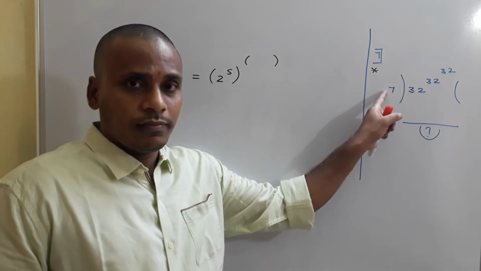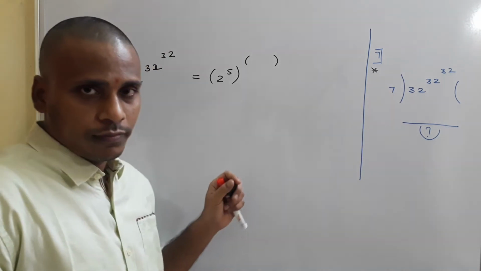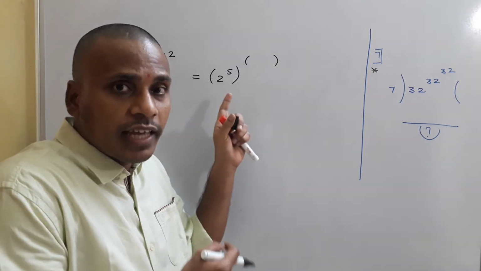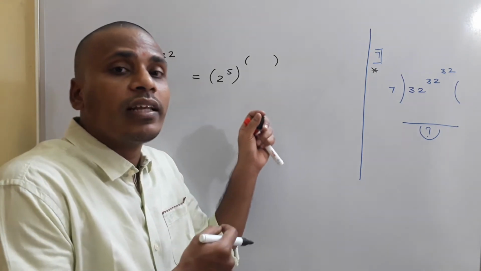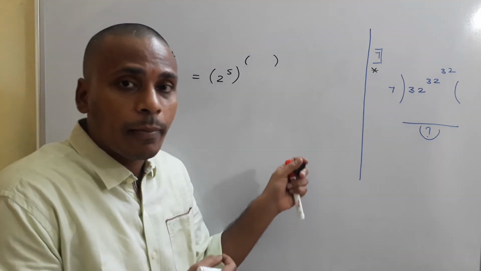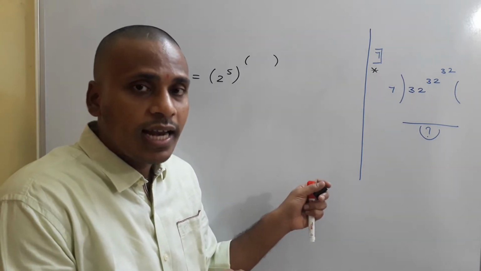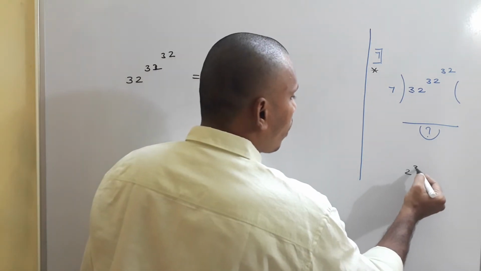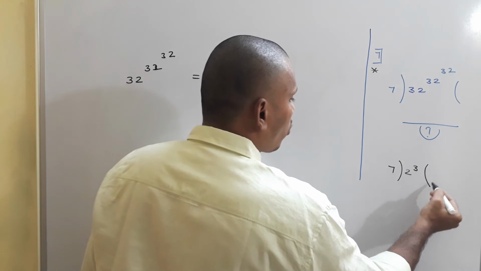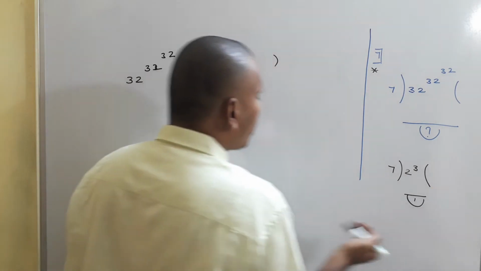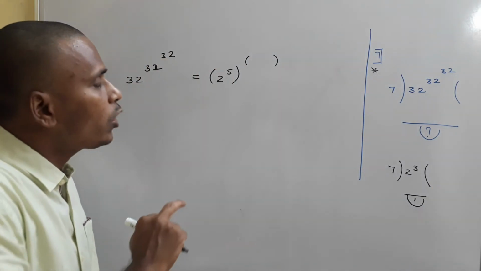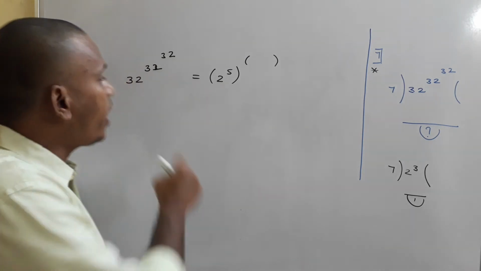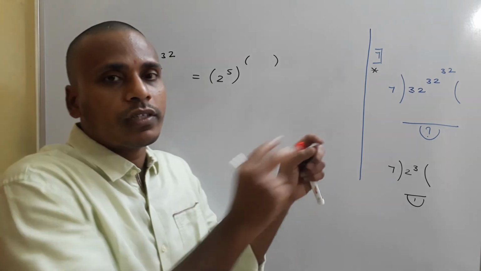Since we are dividing by 7 and here the base is 2, if the base were 8, then when you divide 8 with 7, you will get remainder 1. That means this is a very clear idea with us: when you divide 2 cube with 7, the remainder is 1. Since the base is 2, I need to search for 2 cube, and I need to try to make this number 2 cube power something.